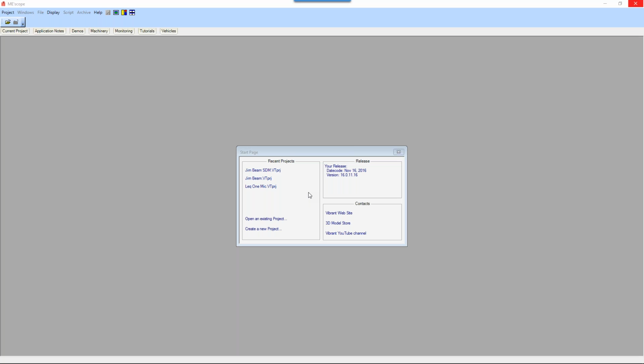So SDM starts out with a set of modes called a modal model. It then uses some definition of the modification. In this case, we're going to put some springs on a model. We can do more sophisticated plate elements, solid elements, substructuring, tuned absorbers. We can do a lot of different things with SDM. But today we're going to go through some simple